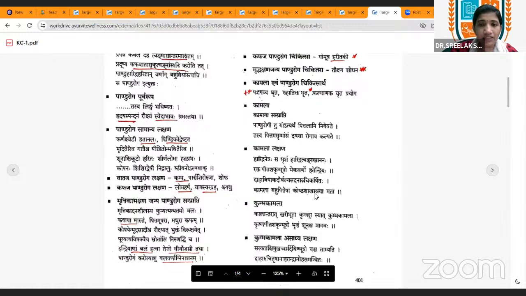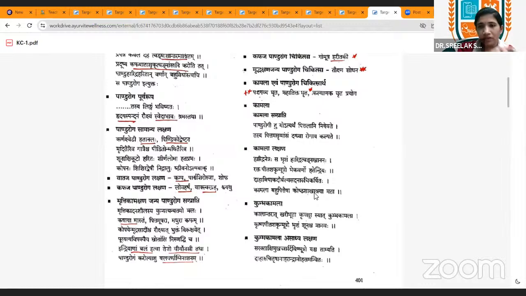The types of Kamala, that is Koshtashrita and Shakhashrita Kamala. Okay, Koshtashrita and Shakhashrita. Very important. And the Dhatus, that is Mamsa and Rakta Dhatus, become Dagdha due to the Pitta Kopa in Kamala. So, which are the Dhatus which undergo Dagdha? Mamsa and Rakta. Very important. Okay. So, we have studied the Dosha of Pandu, and the Dhatus which undergo the Dagdha are Mamsa and Rakta in Kamala. Okay.